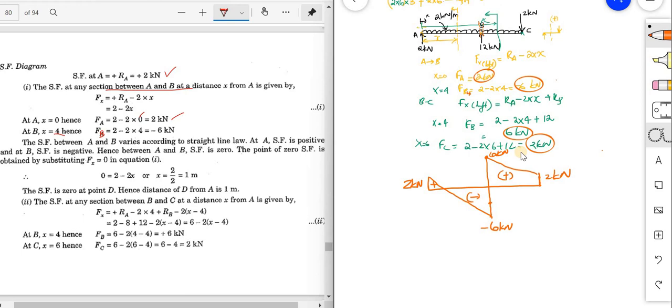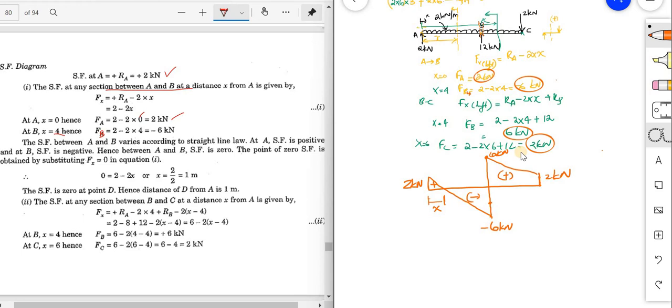And here one thing we can note, that there is a change. That is, the shear force is changing sign. So I have to find out this point also. Here I have to find out, taking just x. What is the importance of that point? When the shear force is changing its sign, the bending moment will be maximum. So I am finding this x value.